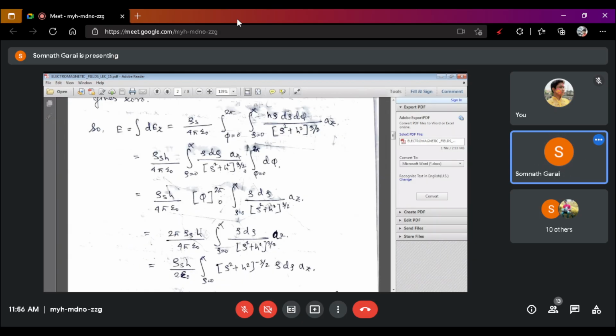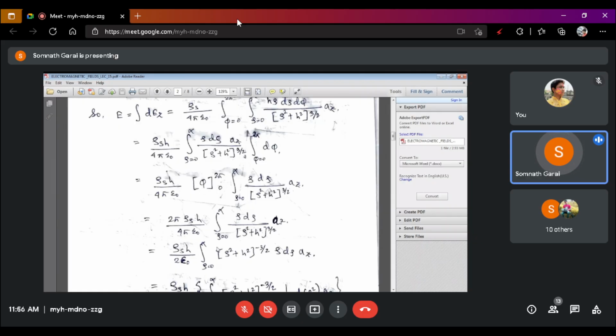Now we calculate it. So that is 2 pi, and 2 pi and 4 pi cancel out, right? So the constant is given by rho s h by 2 epsilon naught